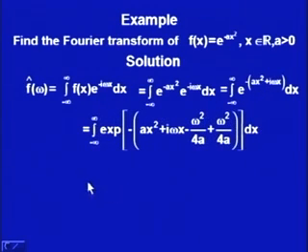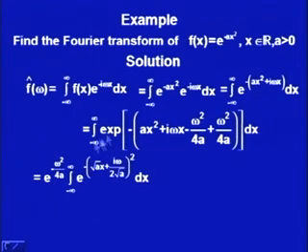For that, we write it as minus (a x square plus i omega x). This minus is outside; the inside one I will try to make a whole square. It would be a whole square if I have i square omega square by 4a, so it should be minus omega square upon 4a plus omega square upon 4a, because we have just subtracted, so we have to add it. Now, again simplify it. What it says is e to the power minus omega square upon 4a,